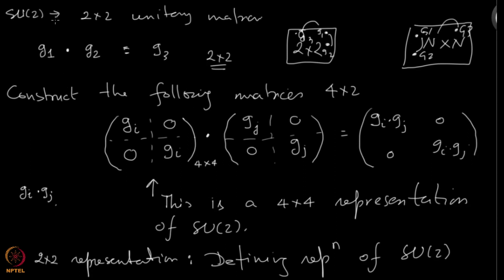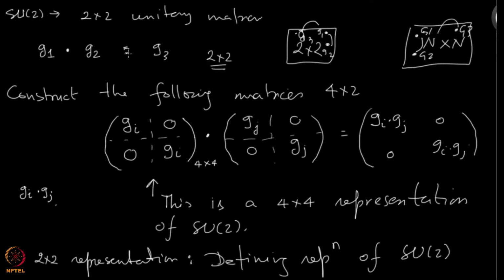Anyway, so let us revisit SU2. As I said, we were looking at 2 cross 2 unitary matrices with determinant 1. But if we were to forget about the fact that those matrices were 2 cross 2, and just look at each matrix as an element, and not really see the matrix there, then given 2 elements, you get a third element by multiplying. In that case, the multiplication is that of a 2 cross 2 matrix, but let us forget how you get it, and just see that given 2 elements, you get a third element.